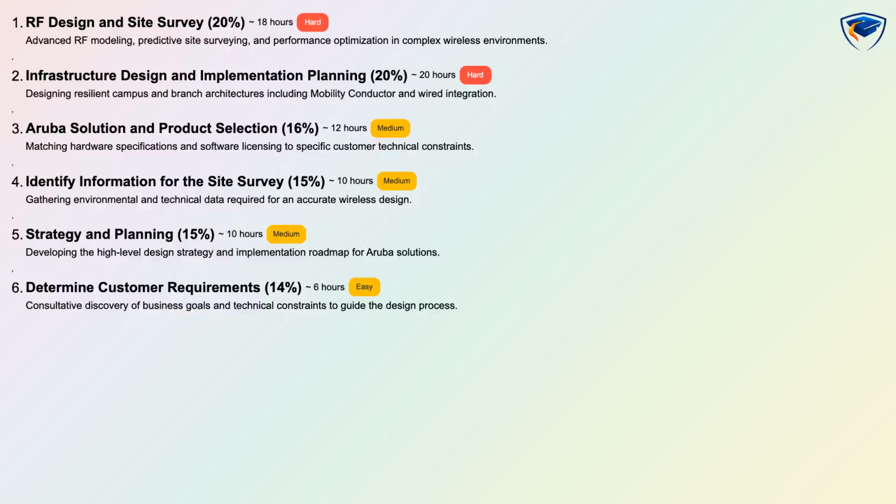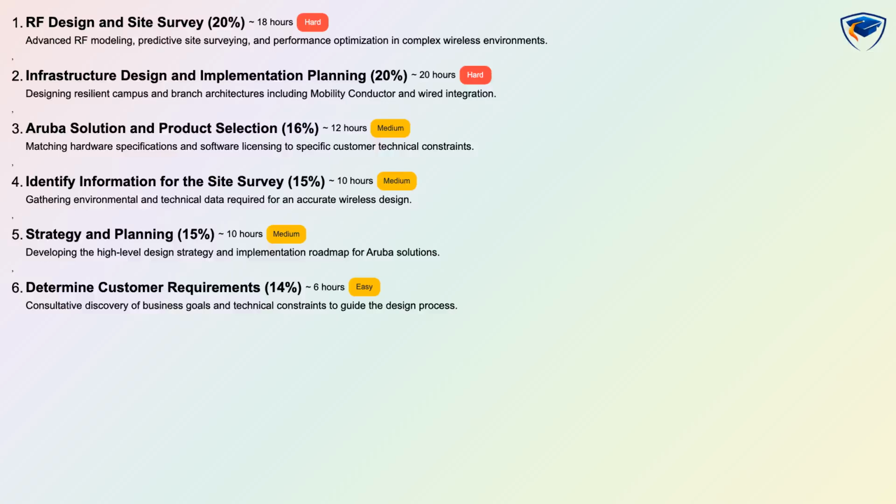This exam covers 6 domains with explicit weights: RF design and site survey 20%, infrastructure design and implementation planning 20%, Aruba solution and product selection 16%, identify information for the site survey 15%, strategy and planning 15%, and determine customer requirements 14%. Each domain includes focused topics, difficulty levels, and estimated study hours so you can plan a practical study